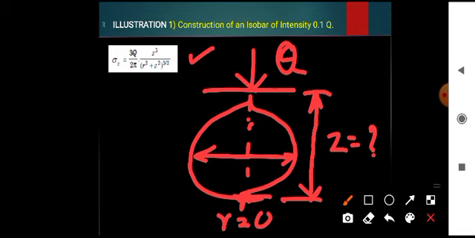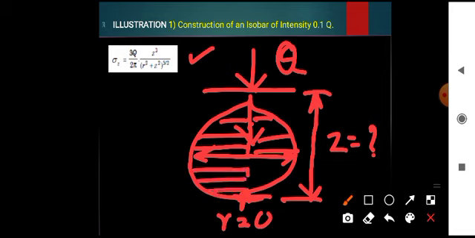As you move in the vertical direction, the r value increases to a peak, and after that it decreases and reaches 0. So by putting the r value equal to 0, we have to calculate the maximum depth we can reach. That will help us establish the boundary of this isobar. So the boundary is this one. Let us do that.